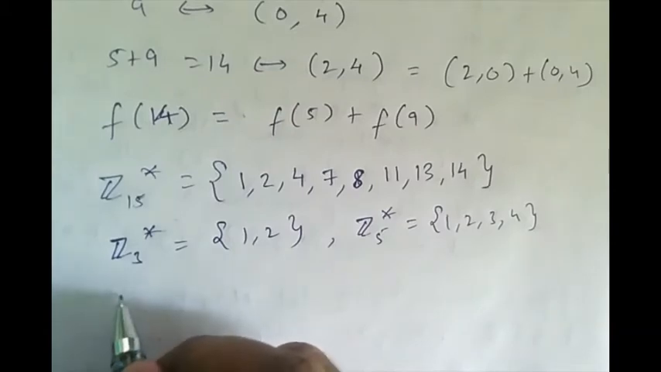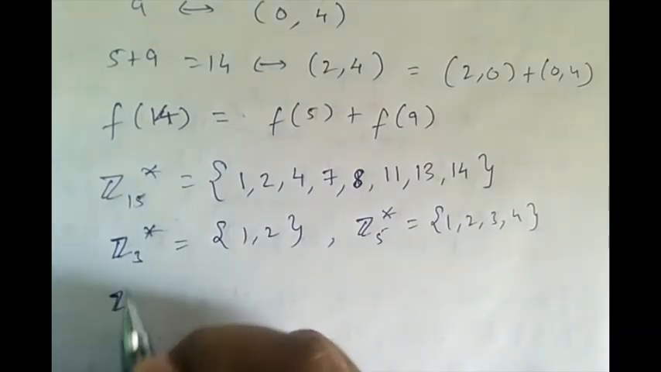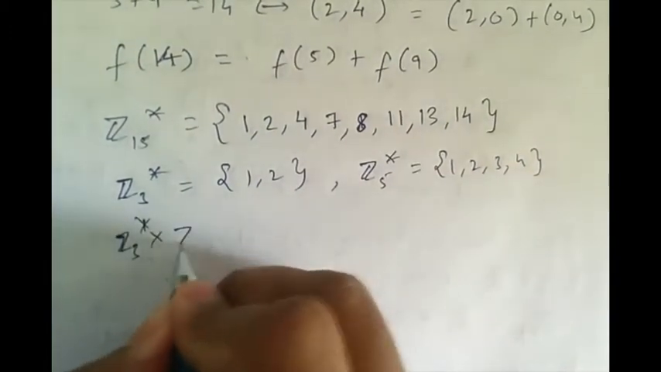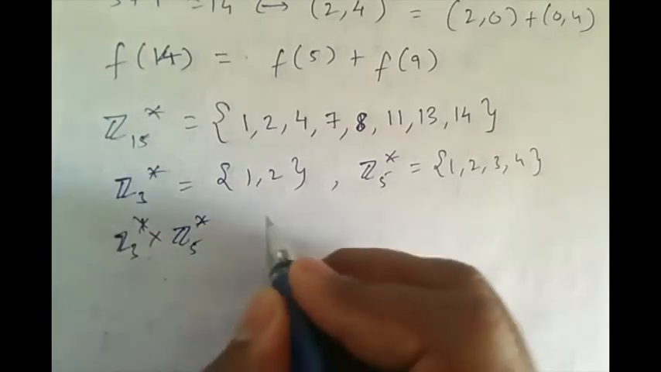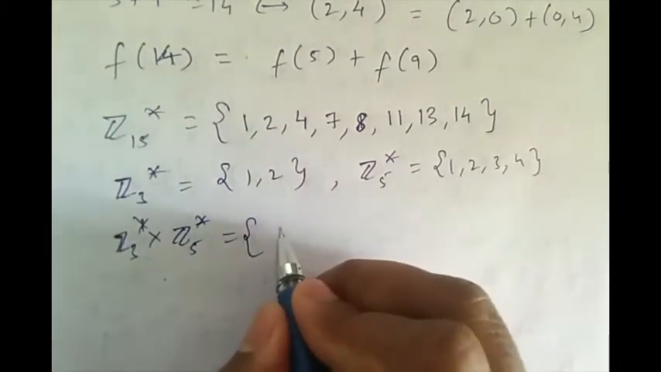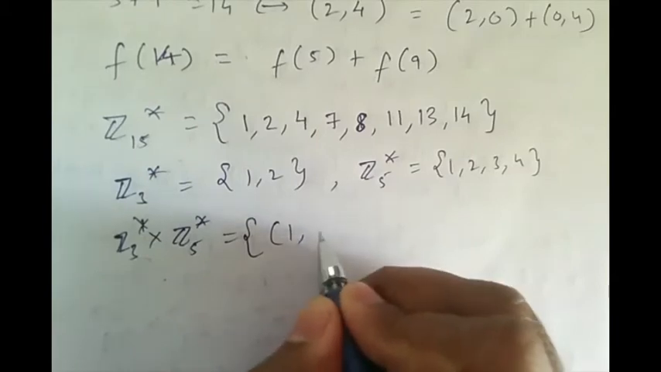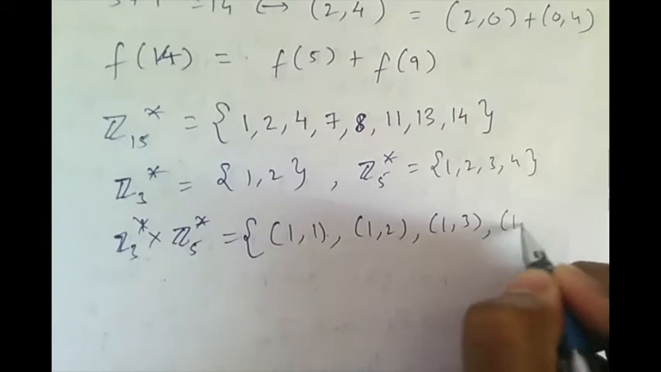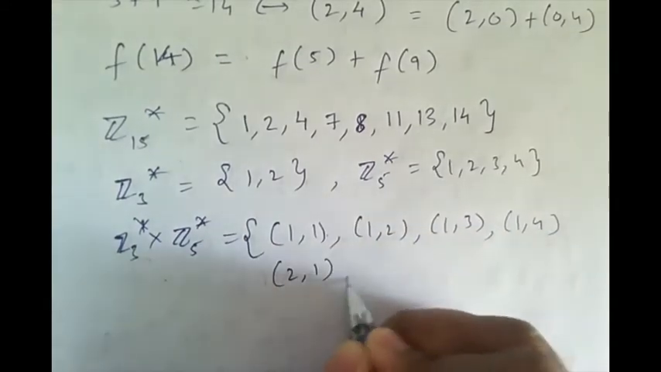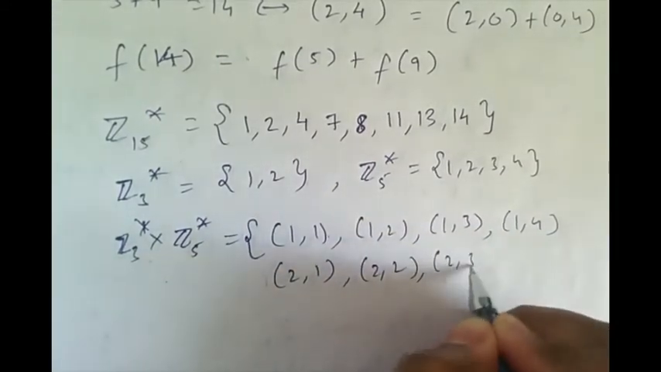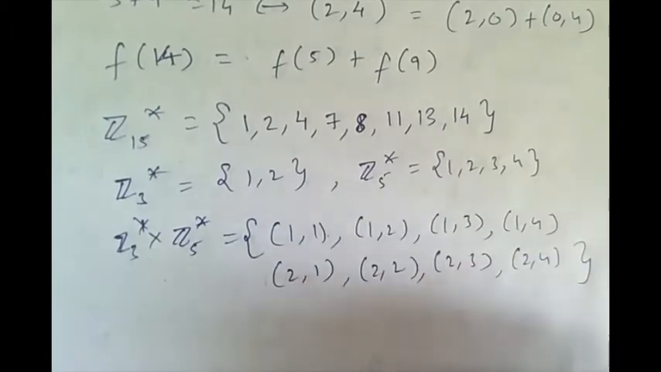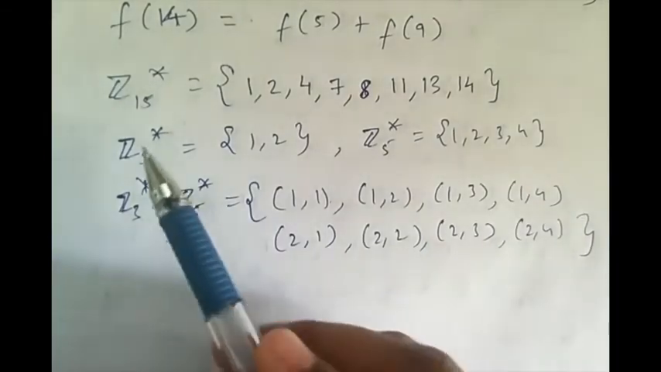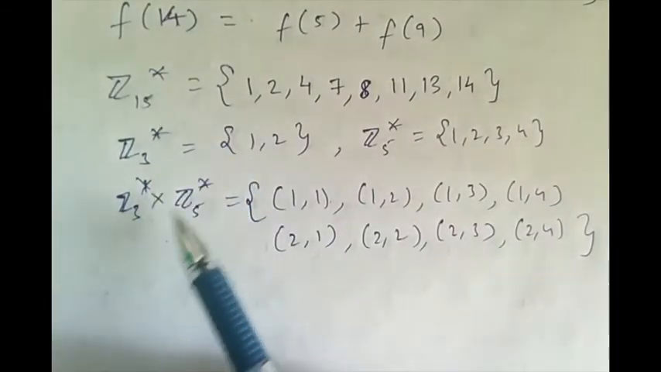So now Z3 star cross Z5 star will be these: (1,1), (1,2), (1,3), (1,4), and then (2,1), (2,2), (2,3), (2,4). This is the set. So the claim of the Chinese remainder theorem is that this Z15 star is isomorphic to